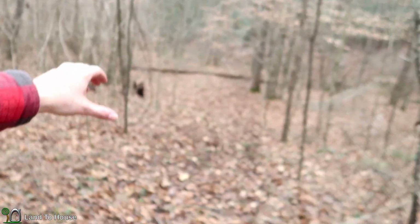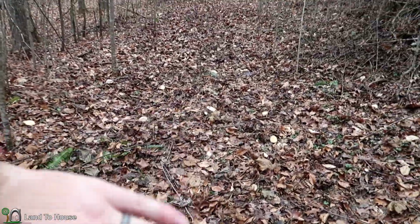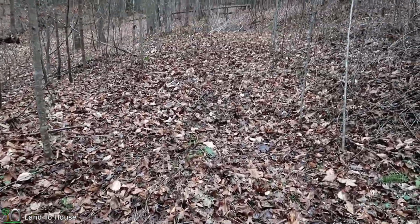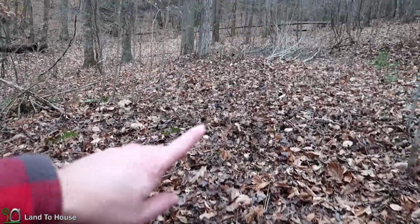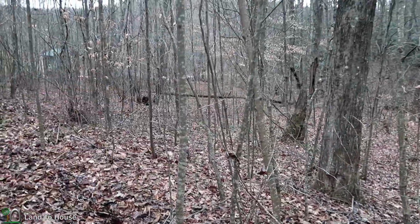So I got the testing ground cleared up here and I found this old logging road that was above the testing ground. So I decided I would just go ahead and cut all the trees on this path, and it just cuts around right here and goes back around. So what I was thinking is that